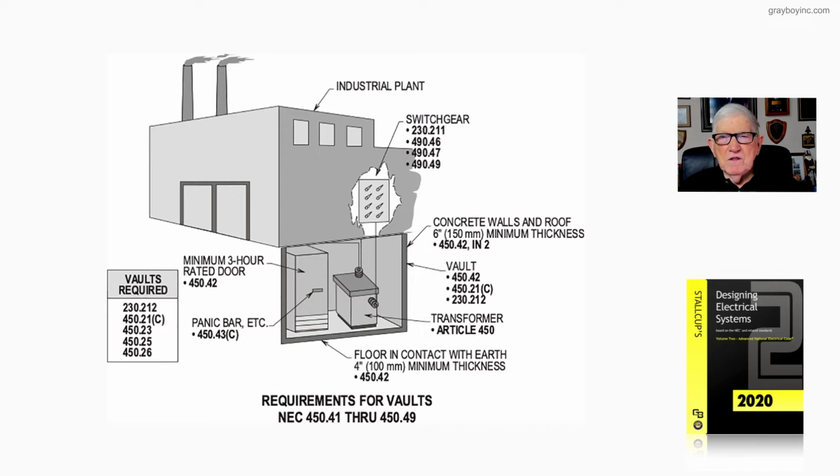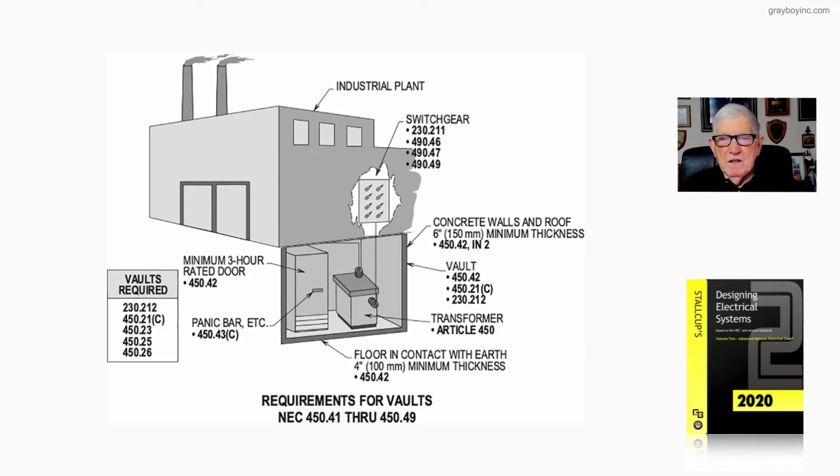Now notice this is an industrial plant, and we're installing the transformers to supply the plant in a vault down in the basement area, say. Now the minimum 3-hour rated door is found in 450.42. The panic hardware on the door and requirements for panic hardware according to the 2020 NEC you'd find in